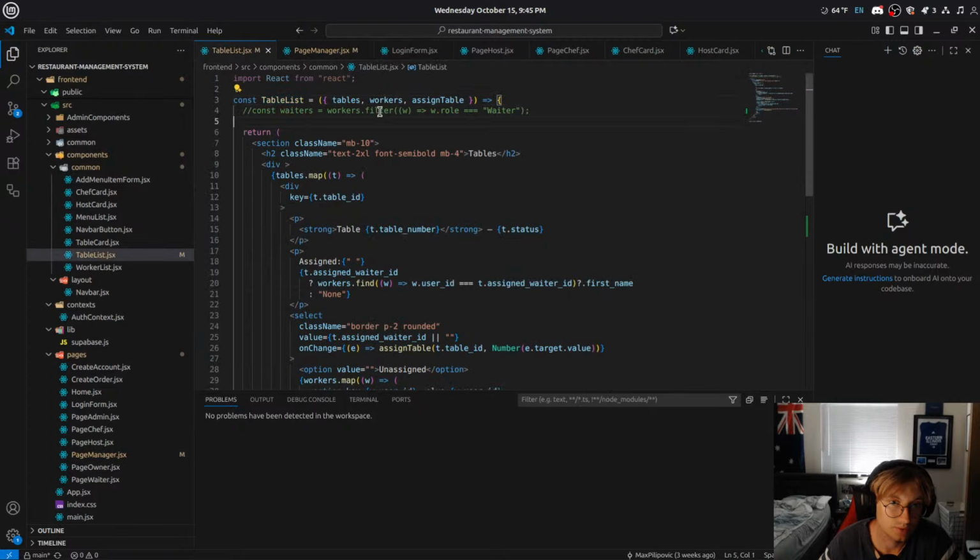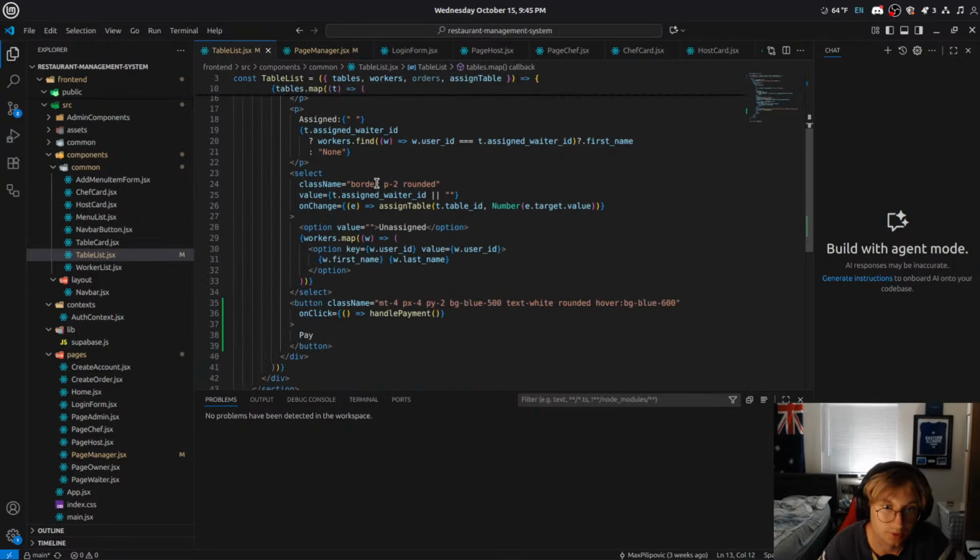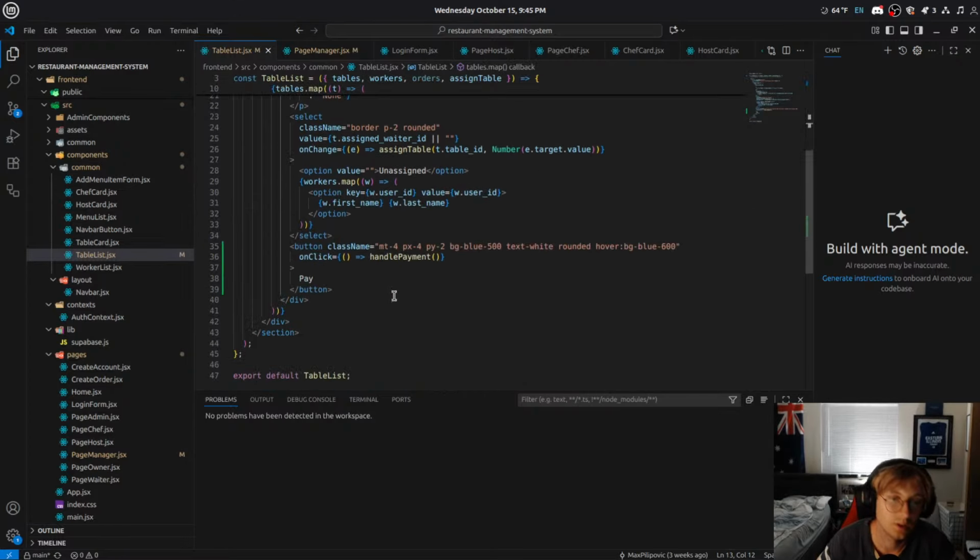Table list here, on orders here, right? We need to handle the payment. Maybe we can have some sort of check here that checks if there's any valid table ID in the orders that links to